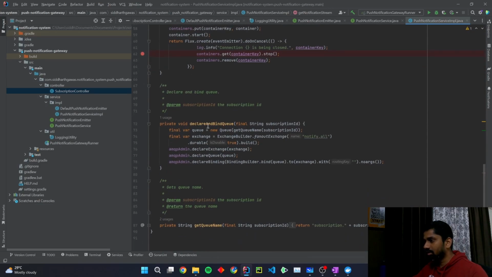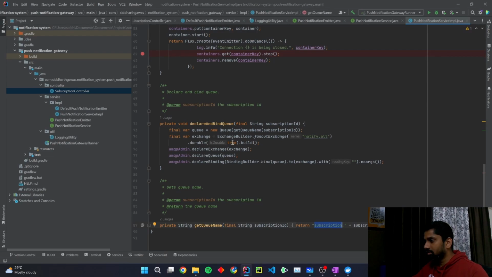In the declare and bind queue method, you can see that I've defined one queue with the name subscription.ID. So a queue will be created with the name subscription.ID in RabbitMQ,